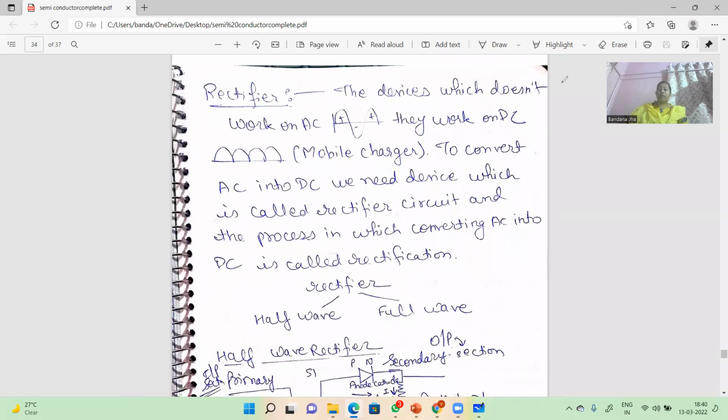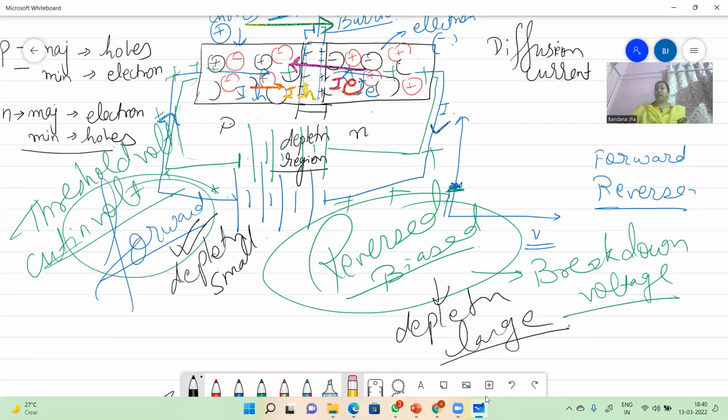Now, rectifier. What do you mean by the word rectifier? See, beta, you might have seen this type of thing with your laptop and your mobile phone. The dongle is there, the charger. So if we are talking about a very nice charger, it means their adapter is very